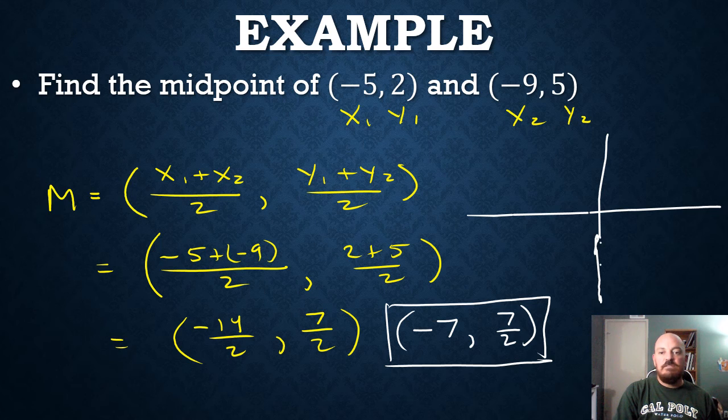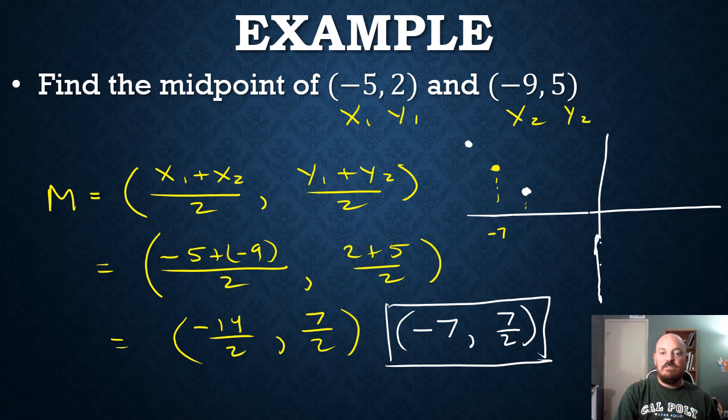But if I went negative 5, that would be 5 to the left and up 2. Let's say that's the point negative 5, 2. And then for the next one, I went 9 to the left, negative 9, and up 5. That would be up here. The midpoint, M, if I guessed a point exactly halfway in between them right there, that would be like negative